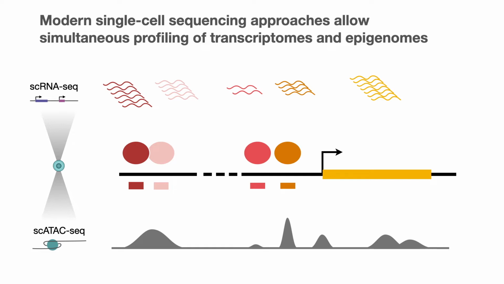And since recently, we can also obtain both of these measurements from each individual cell. However, most gene regulatory network inference methods that we were aware of only take the RNA-seq modality into account in their model. They would build some statistical or machine learning model to describe the expression of a target gene based on a function of the transcription factor abundances. However, the expression of a target gene is not only dependent on the transcription factor abundances themselves, but on their interaction with the binding site. Even if a transcription factor is highly abundant, if the binding site is inaccessible, it cannot bind and regulate the transcription of a gene.